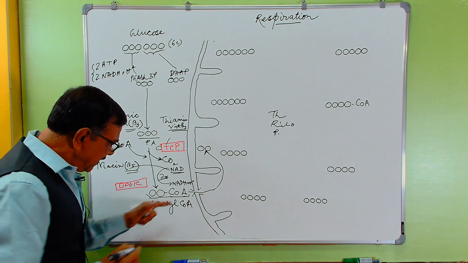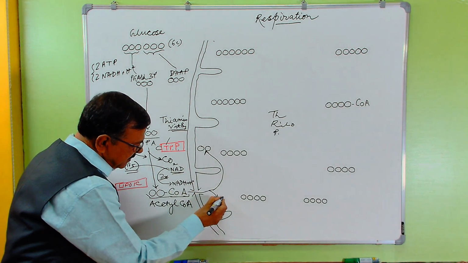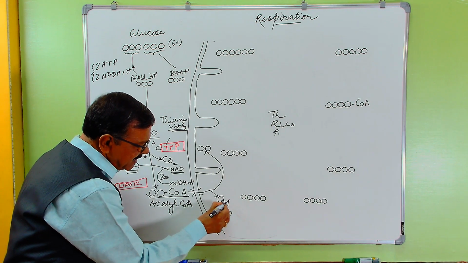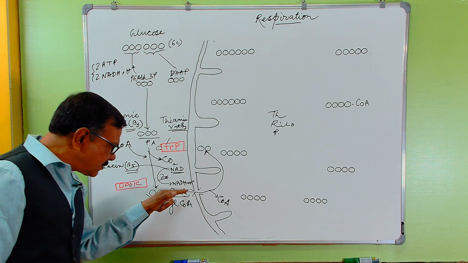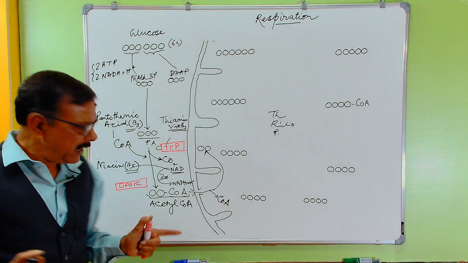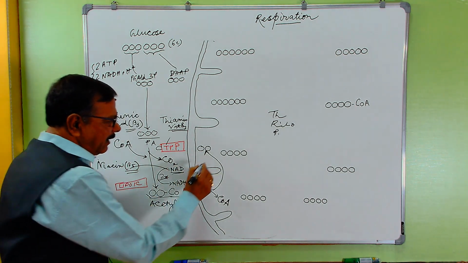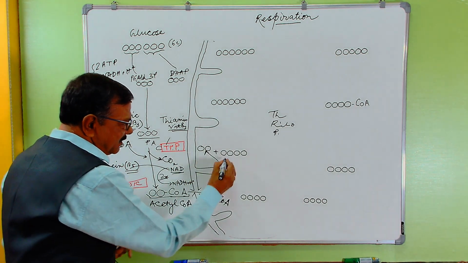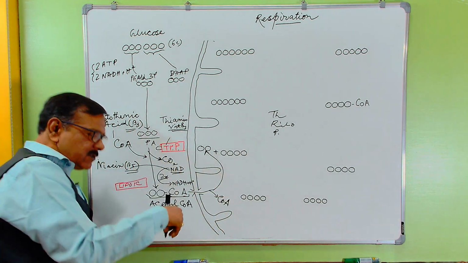While entering, the CoA, the coenzyme, is released, because once it has entered through this narrow path, this carrier is not required, only the carbon is required. So this carbon, along with the carbon that is already present inside the mitochondria,